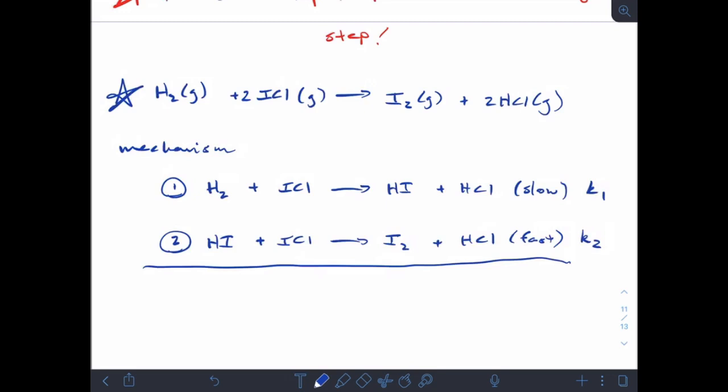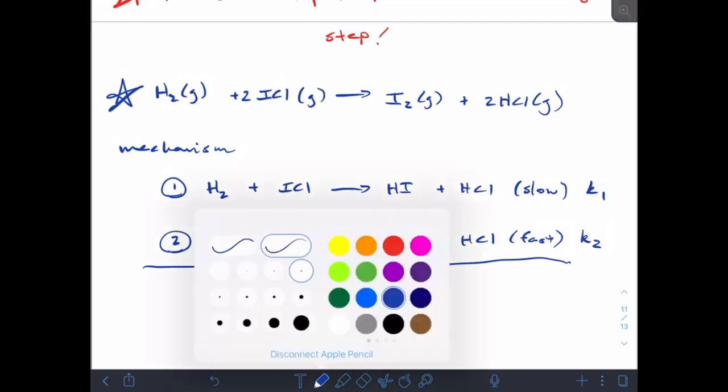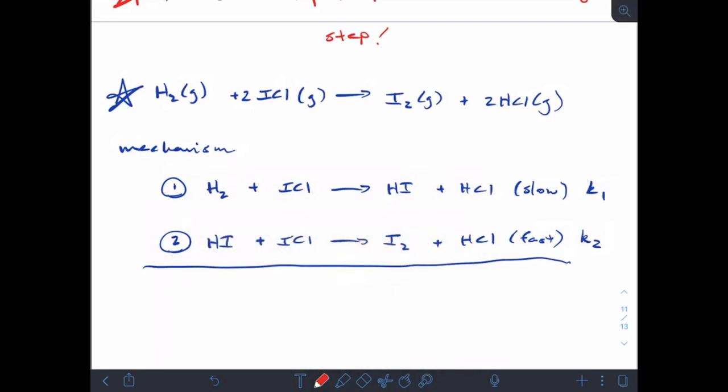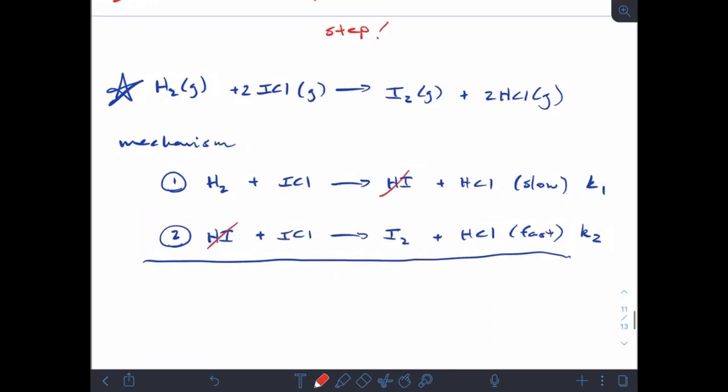Anything that's the same on the same side, you add, right? So in my top reaction, I have HI as a product. In my bottom reaction, I have HI as a reactant. Those subtract, so they go away, right? I have 2 ICls as reactants, and I have 2 HCls as products. Everything else drops down. So if I combine these reactions correctly,